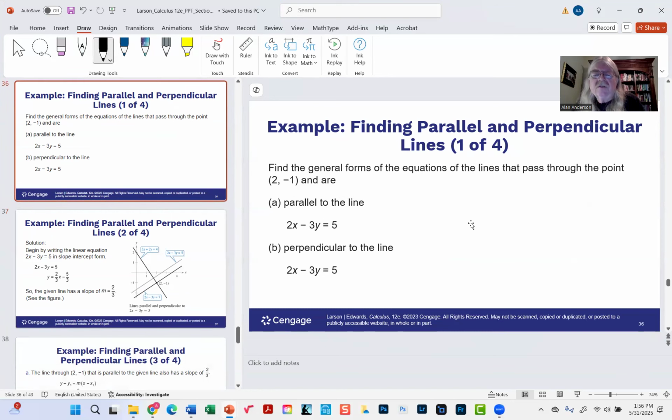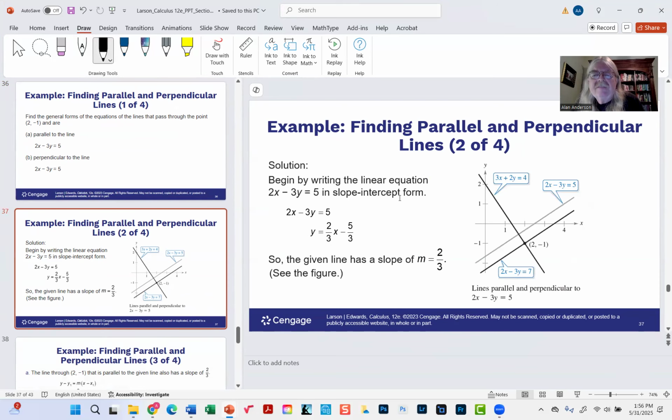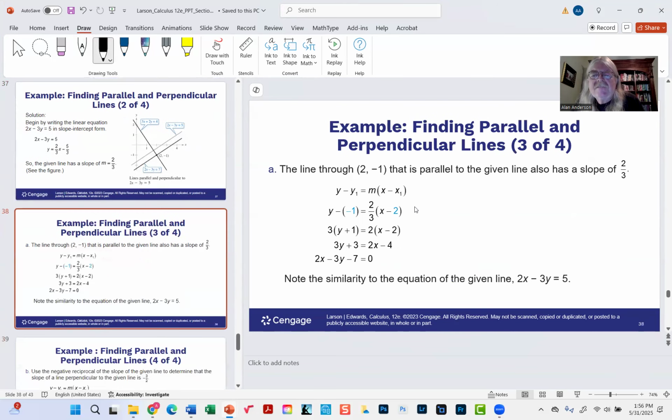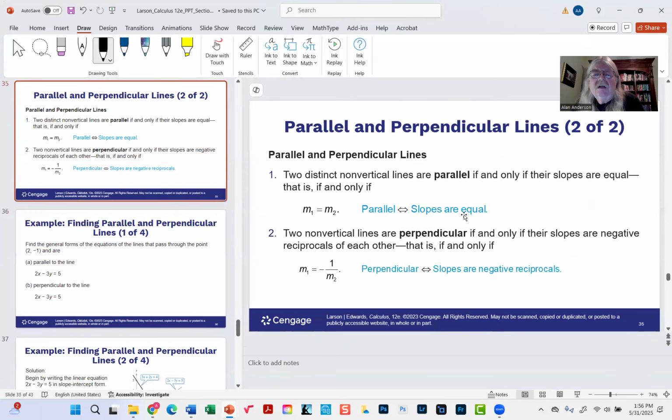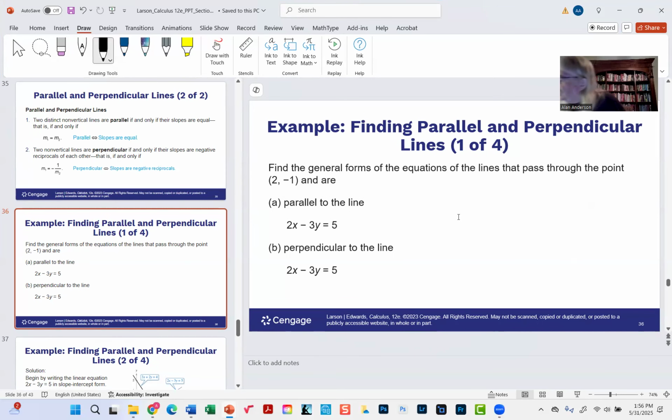So let's see, what do they want us to do here? Find the general forms of the equations of the lines that pass through the point 2, -1 and are parallel to this first one and perpendicular to the second one. Yeah, so basically all they're saying is that if you write these in their normal forms,